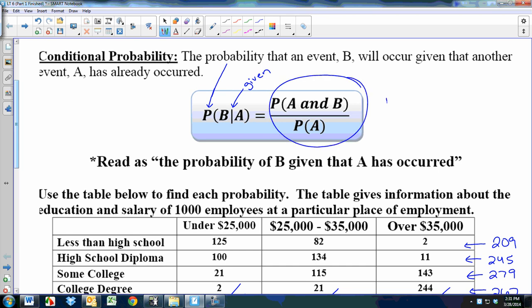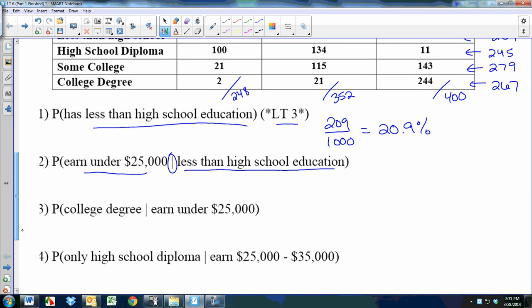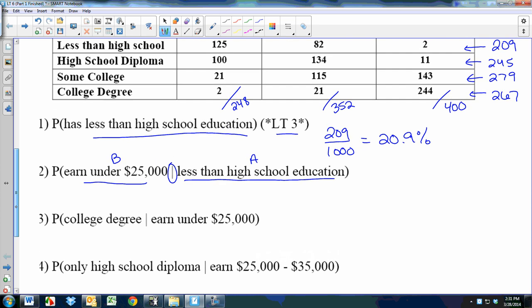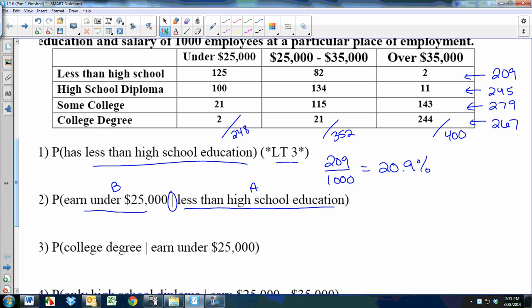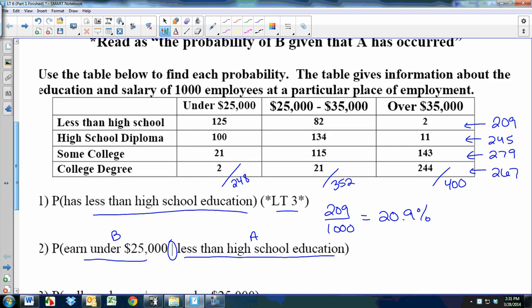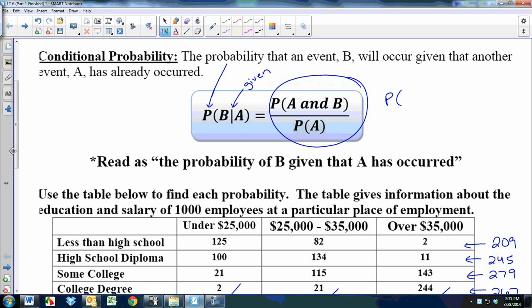So we're going to find the probability of A and B. For this question, this would be the A, this would be the B. So we're going to find the probability of getting a person that has less than a high school education and earns under 25,000. So less than high school and earns under 25K,